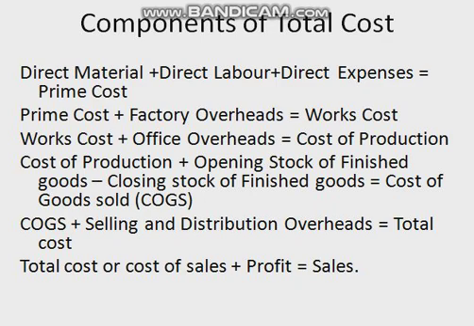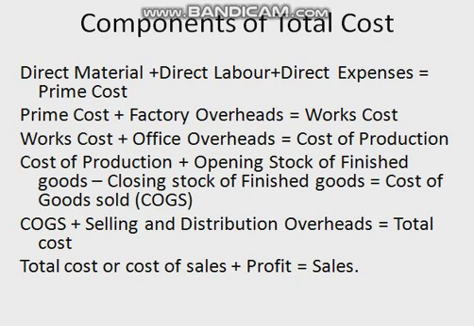On the basis of that, I can give you an example of how, if you are given many costs, we are going to differentiate between them. Suppose you are given fuel and power. Fuel and power is works overhead. It comes under works overhead. Then we come to shop foreman's wages. Shop foreman's wages is works overhead. Then we come to carriage outwards. Carriage outwards is an overhead which comes under selling and distribution overheads.